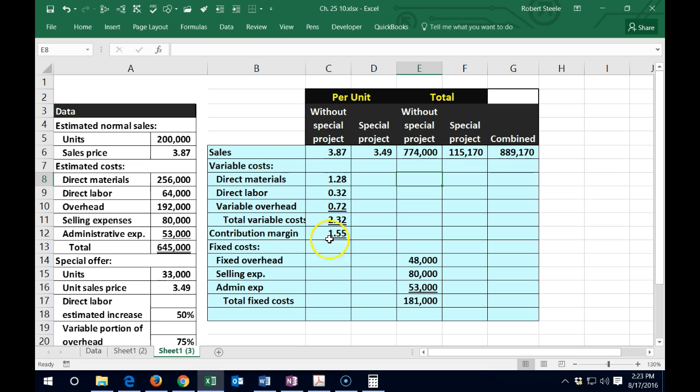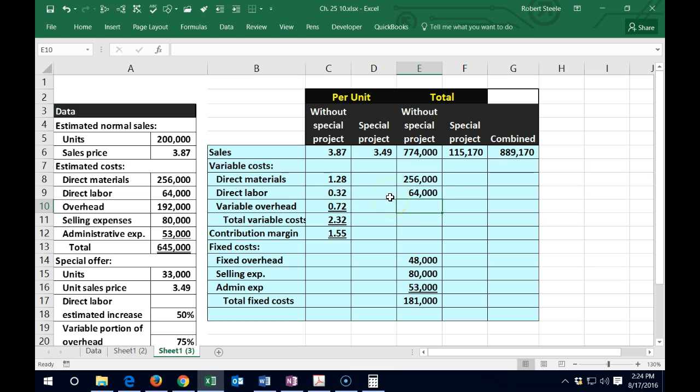And of course, I'm going to go back up here and pull these over to the totals here, and then we'll go back to the special project and complete the same type of thing for the special project. So if we go back over here, now we have the per unit. We know we're going to make 200,000 units on the variable side. So this equals the 200,000 times the 1.28 per unit, giving us the 256,000. Next one, same calculation. We have the 200,000 times the 0.32, meaning we have the 64,000 here.